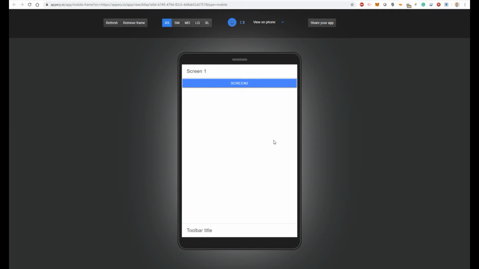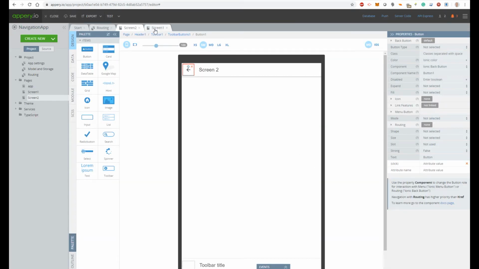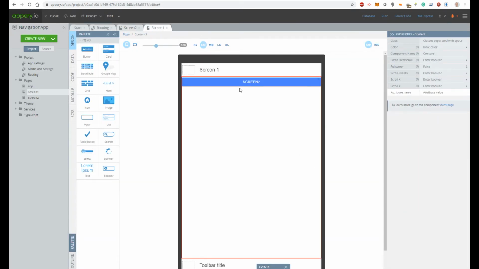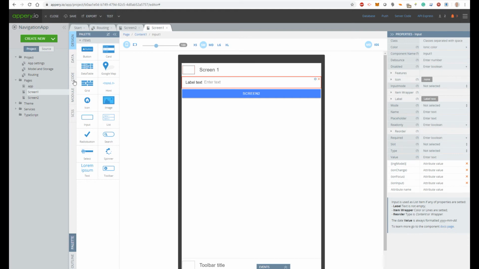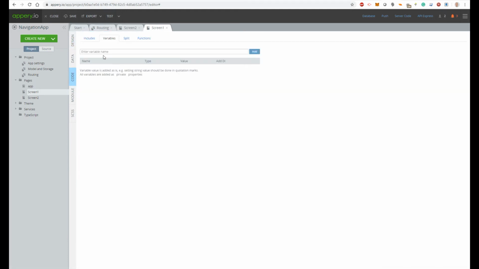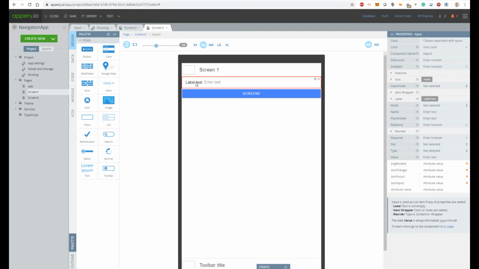Now let's consider the situation when it is needed to pass some parameters during navigation. We will pass a parameter from screen 1 to screen 2. For that, first let's add an input component, and also let's add a variable param. Specify the ng model property of the input component as param,